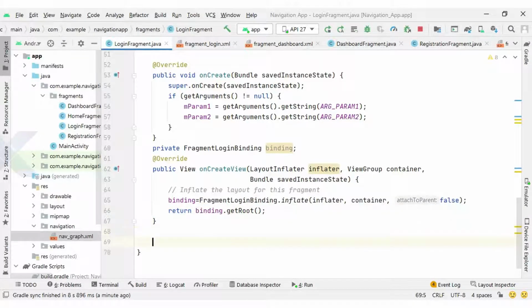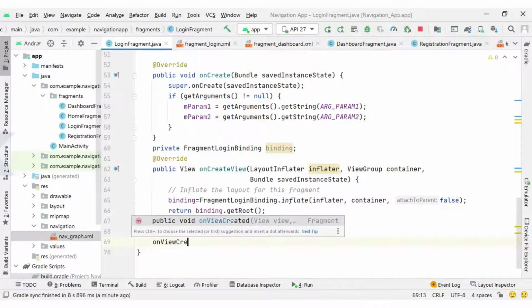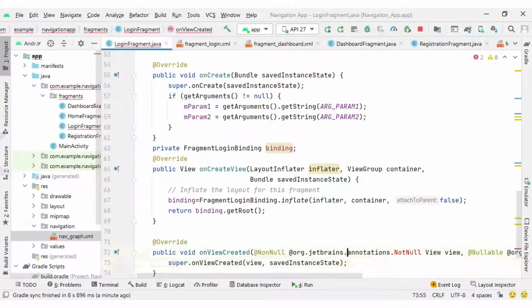Okay, next we will create the onViewCreated method here, and inside onViewCreated we will create the event of the submit button we have inside our login layout.